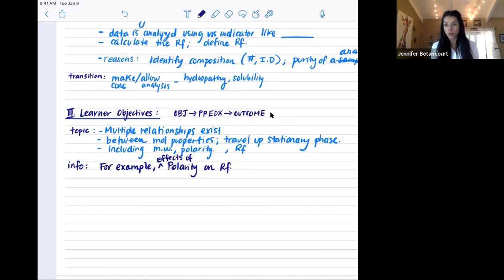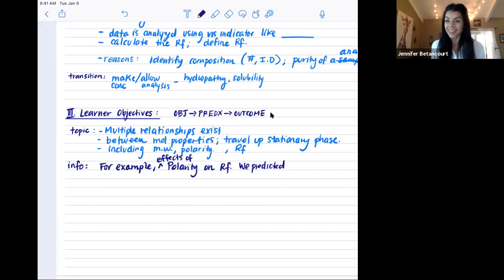Not one of the learner objectives is, remove that phrase from your vocabulary. Get it out of it. For example, we investigated the effects of polarity on RF. You can use we, right? But you're not owning it. You're not saying our predictions, you're just saying we predicted. So that's an active verb tense rather than owning. You're not taking possession of it. So we predicted